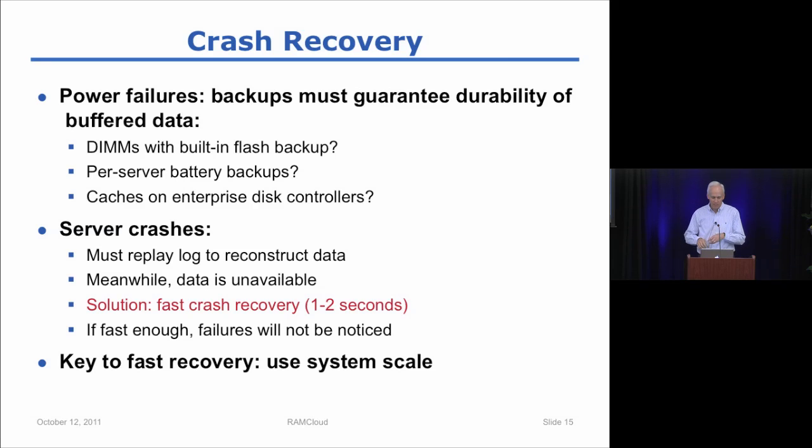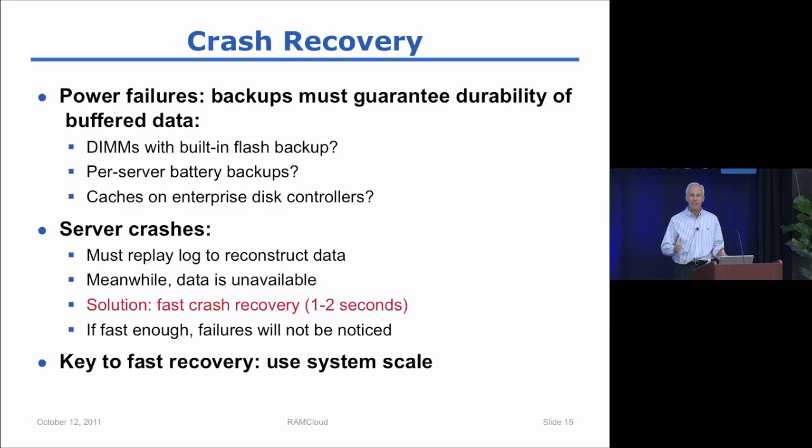And what I mean by really fast is 1 to 2 seconds to resume normal operation again. The idea is that if we do that, people won't even notice the difference, because applications already suffer performance glitches in normal operation that can cause 1 to 2 second glitches. There are probably some applications for which that's not fast enough, but in talking to people, for most of the applications we encounter, particularly web applications, it's fine. Because in the web, you often have delays of 1 to 2 seconds because of the network anyhow.